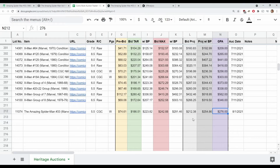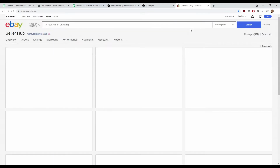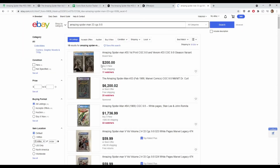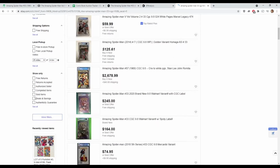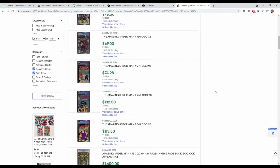And you could say, well, why don't I just go to eBay? Okay, well, let's take a look then. Let's go to eBay and search for Amazing Spider-Man 33 in a CGC 9.8. And let's go down to sold. Now this is going to be a mixture. Let's see if we can...